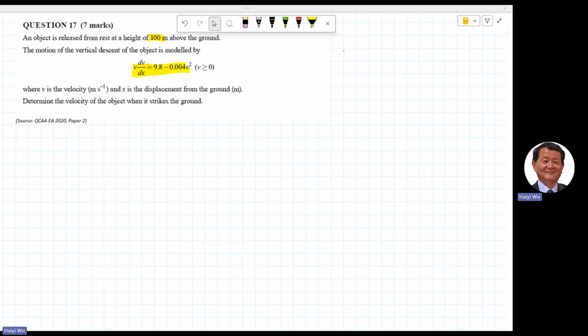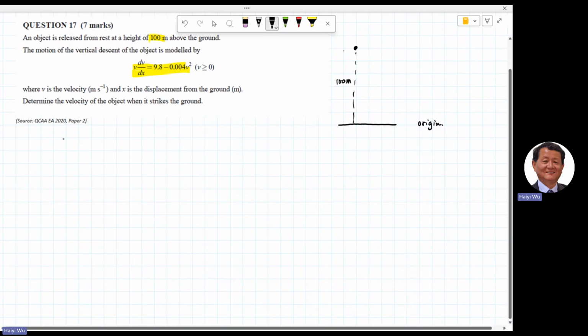The question says an object is released from rest at a height of 100 meters above the ground. Let's say this is the ground, and this is the height, that's the particle, 100 meters. If I say this is the origin, the particle drops. Obviously at rest, at the beginning, v equals 0,